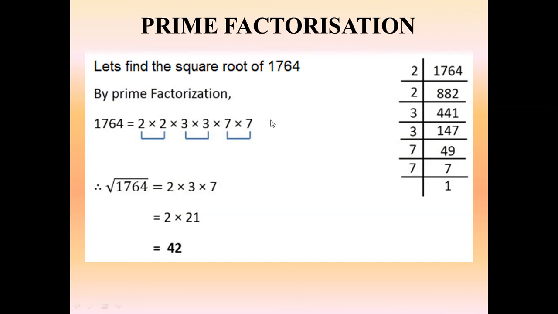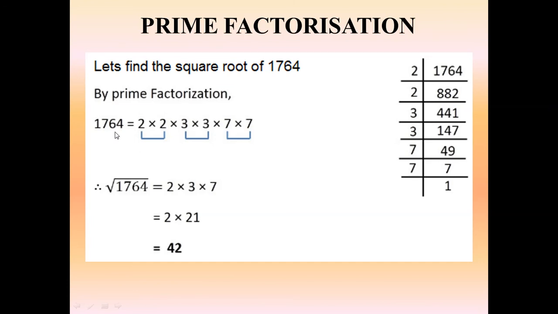Suppose I want to find the square root of 1764. Now this thing is familiar to all of you. You must have calculated the LCM or HCF in the previous classes. So this is prime factorization. When I do the prime factorization, see the sequence. You have to do the prime factorization only by using prime numbers. Okay, do not use composite numbers, although this is divisible by 4 also. But we will do the prime factorization only by prime numbers like 2, 3, 5, 7, 11, 13, 19 and so on. So when I do the prime factorization of 1764, I got the result like this.